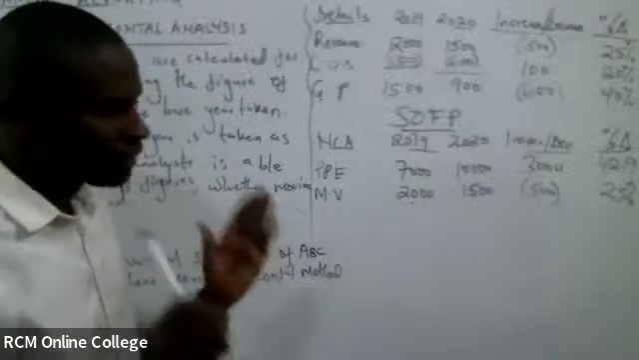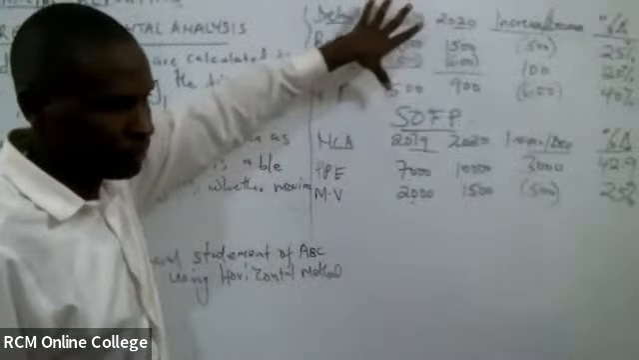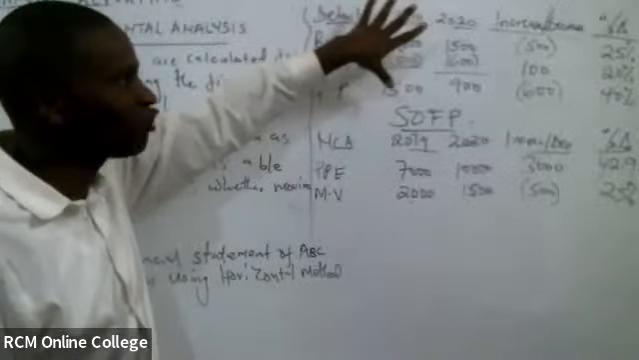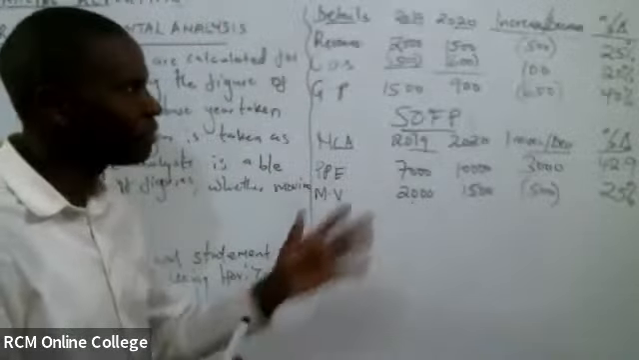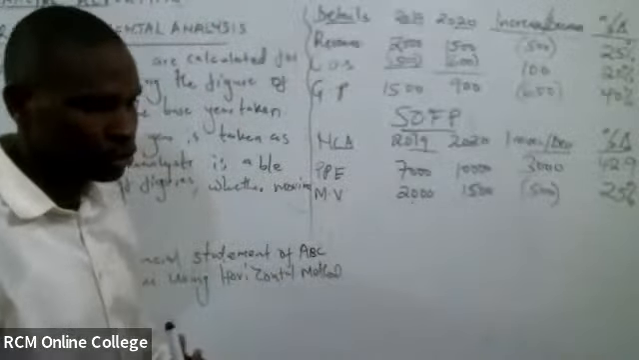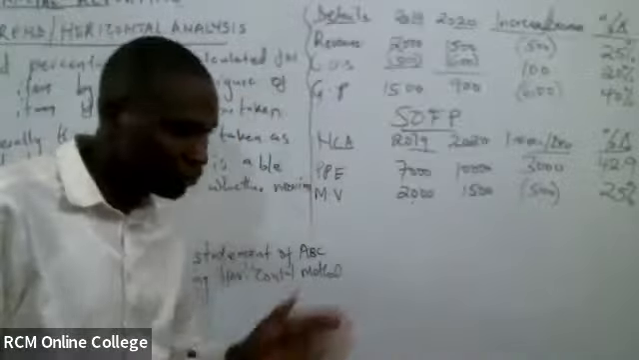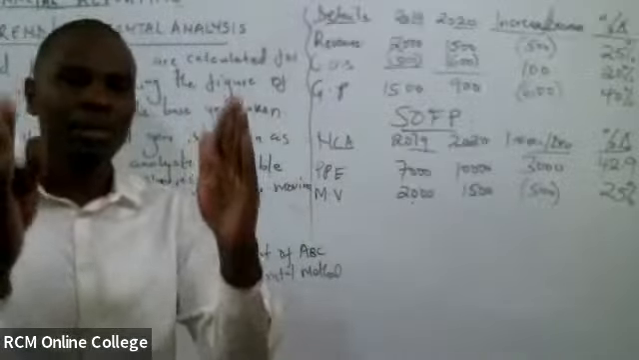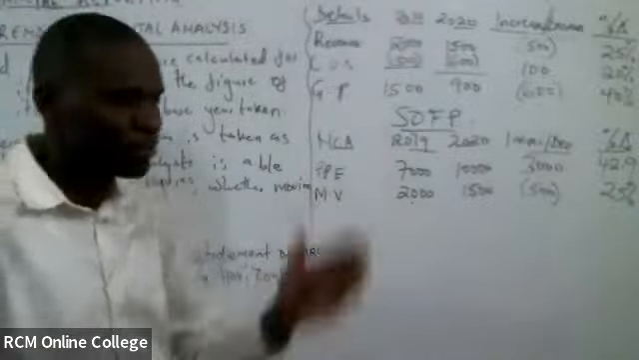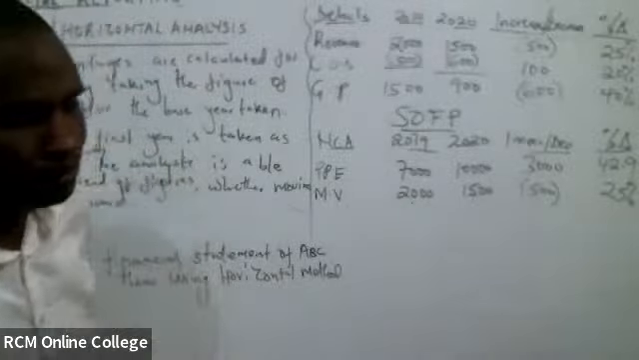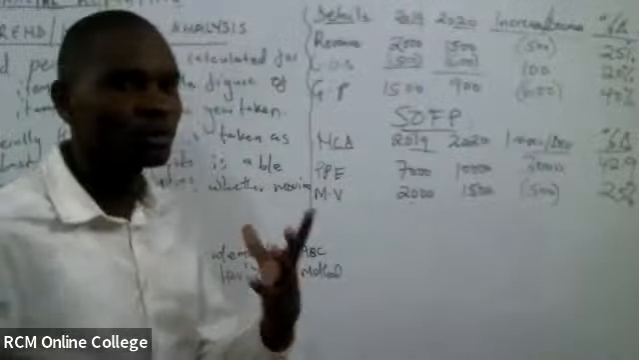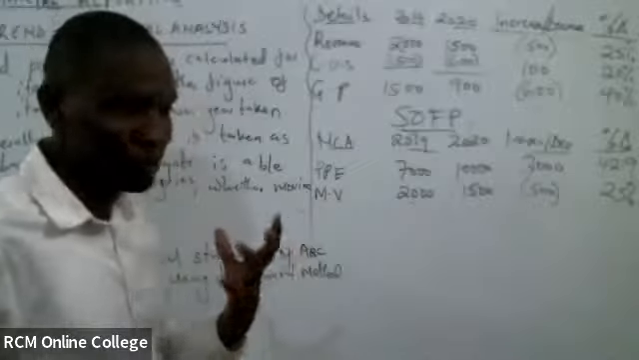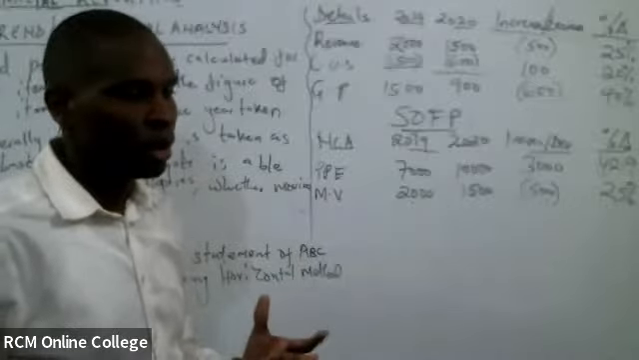Now class, I want us to at least comment a little bit on this. Remember, it is the same company, ABC Limited. These are two different financial statements. Financial statement for 2019, the same company, ABC Limited. Financial statement for 2020, ABC Limited. Good. I want us even to suggest what this company needs to do in order to maybe